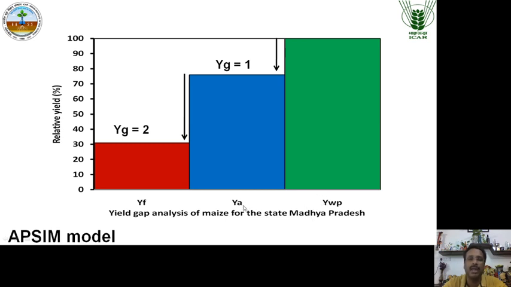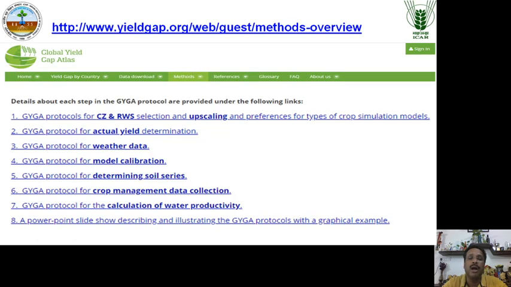This is the maize yield at its water limited potential, that means rainfed maize. For your own reference, I am showing you one example in this slide. You can go to the Global Yield Gap Atlas map, and you can read and study. You can obtain much information from this.